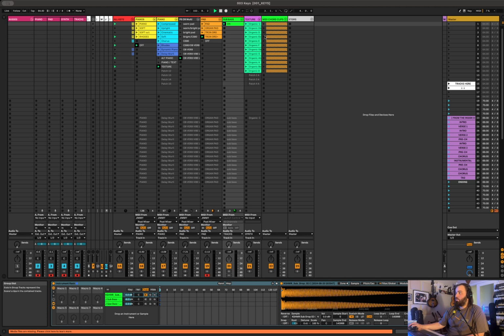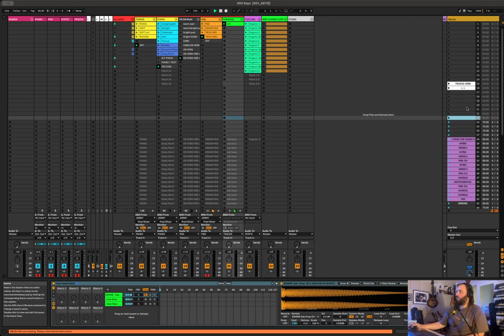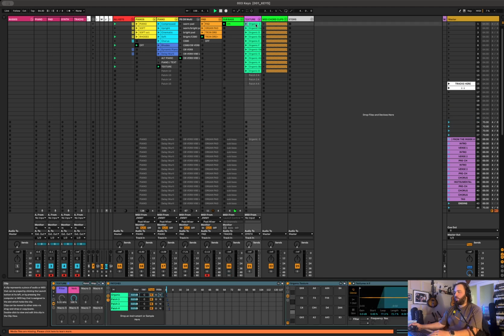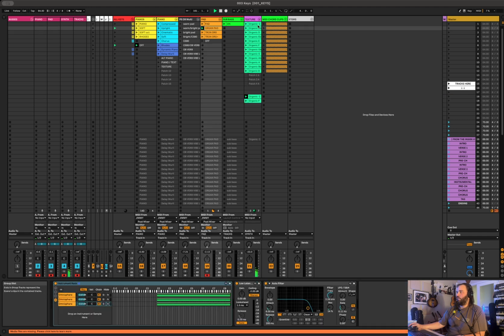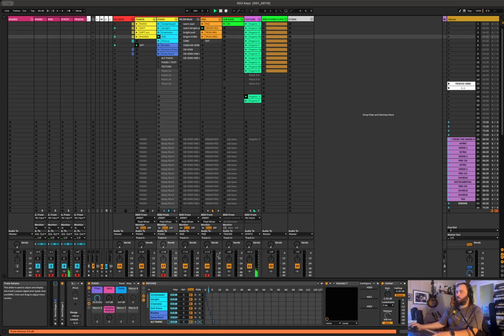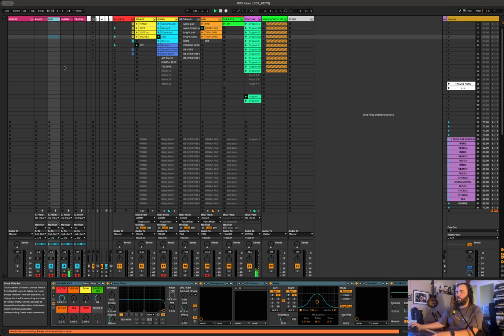So how it would work in a set would be, maybe I'll add a few different tracks down here. Maybe I would have first song in the key of C, second song in the key of F, right? Something like that. This would just be a pad type thing. And if I wanted to do soft piano with just a little bit of that pad organ underneath it, I could go here,